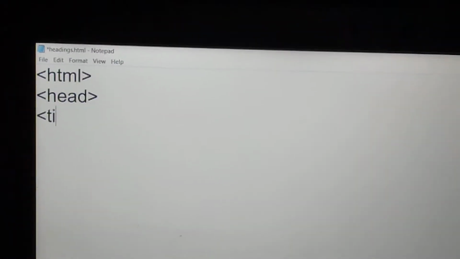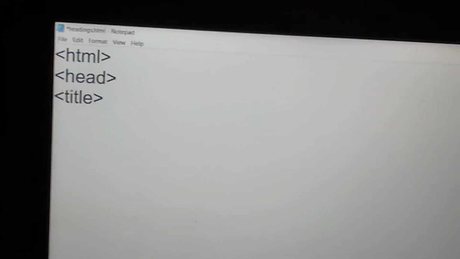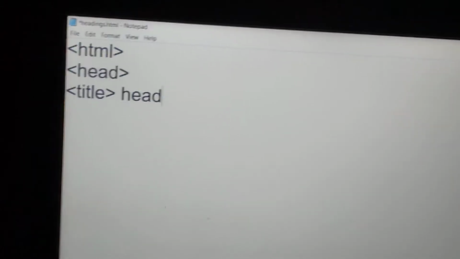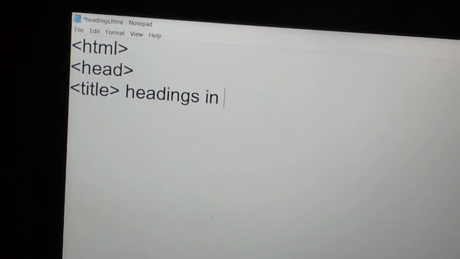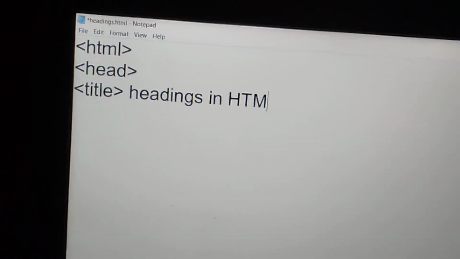Now again same, the program starts with the HTML tag, then the head tag is enclosed in HTML, then the title tag is enclosed in the head tag. So I gave the title "headings in HTML".